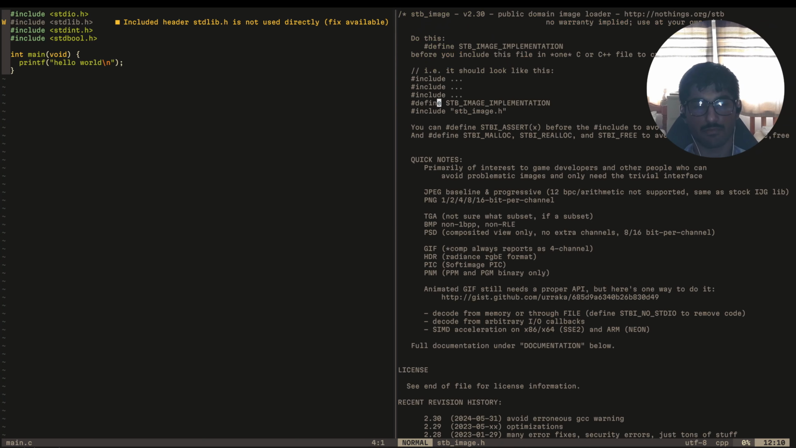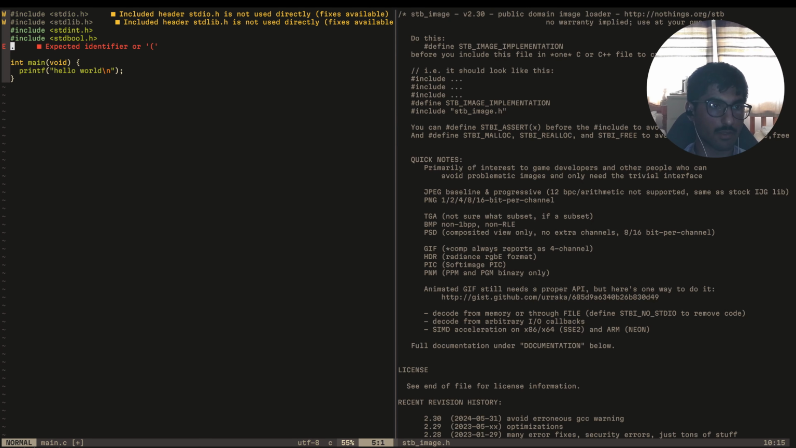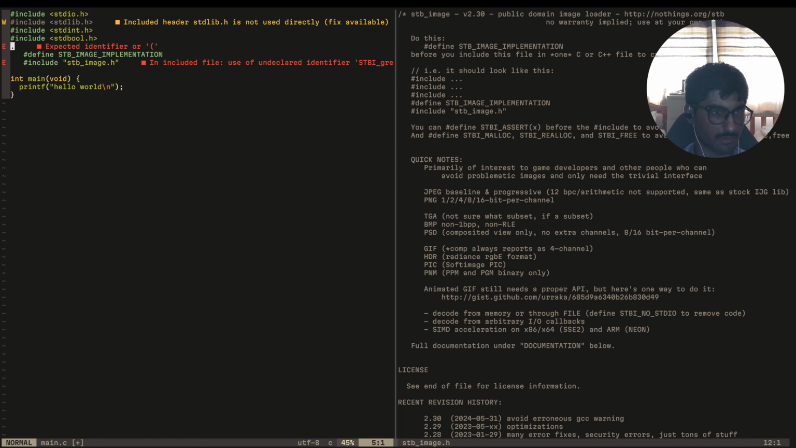Right, so first we have to define this macro called STB_IMAGE_IMPLEMENTATION. So when you define this macro, it will, or normally, let's see what happens if we don't include it. What's going to happen is,